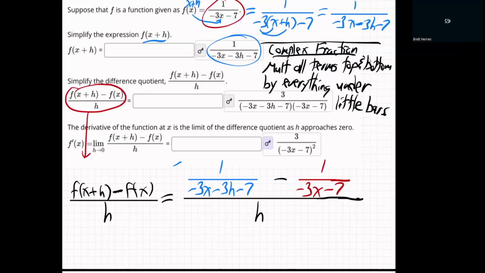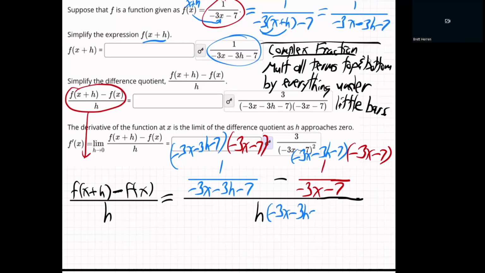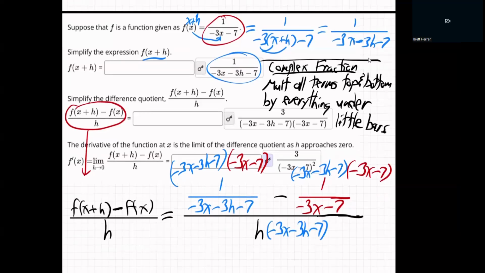That's f of x, right? If you've been wondering the whole time, like, why is Heron doing that? It's because Heron's human and messes up. All right, back to it. So we're going to multiply now by minus 3x minus 3h minus 7 and minus 3x minus 7 and multiply that. And then I'm going to multiply this term by all that stuff also. And I'm going to multiply the denominator by all that stuff. You do all the terms top and bottom. Minus 3x minus 3h minus 7 and